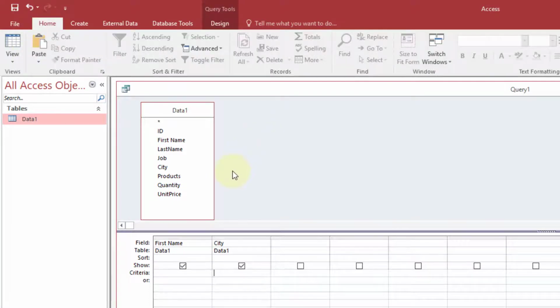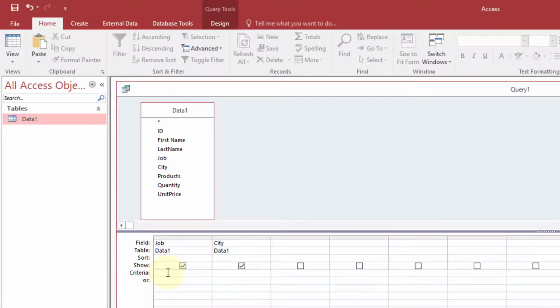Okay, now we want to create a query where the job should be a purchasing manager and the city should be, let's say, New York. So we can remove this and we can add these two things.